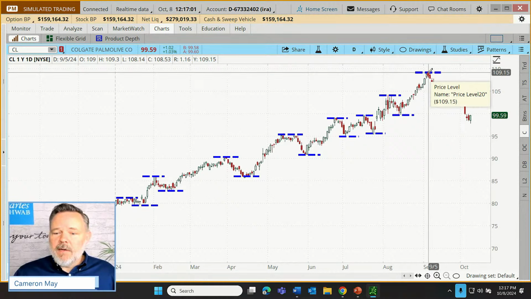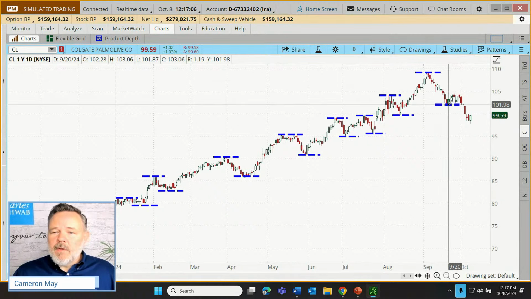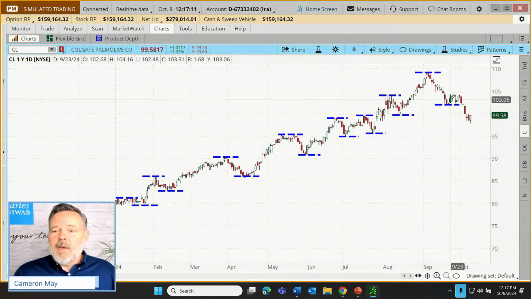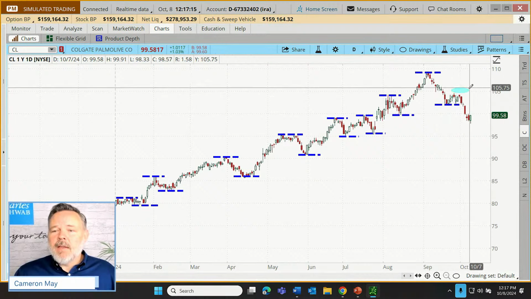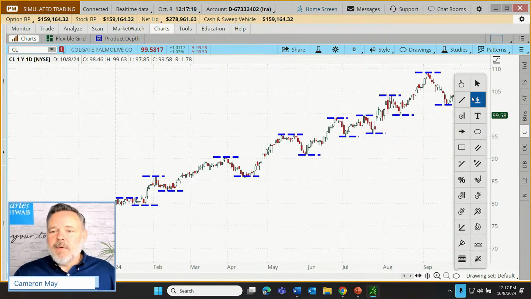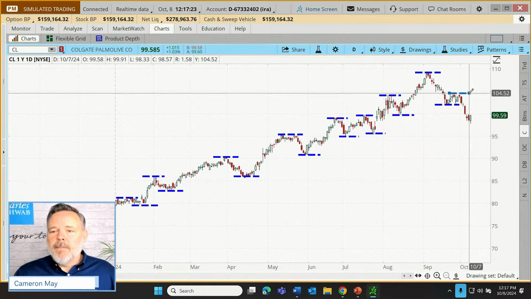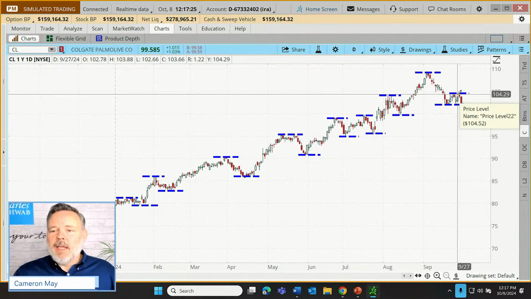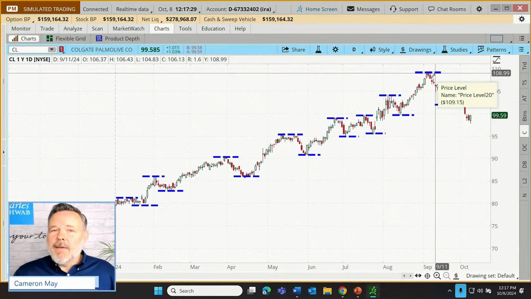We hit a peak here, September 5th. There's that pullback that terminated, looks like, right there around September 20th. And then we got a very shallow rally. We hit a high right here. Let's replace this oval. I'm going to remove that drawing. Let's replace it with just, let's go with the horizontal line. There we go. So you can see that rally here didn't exceed the previous high,